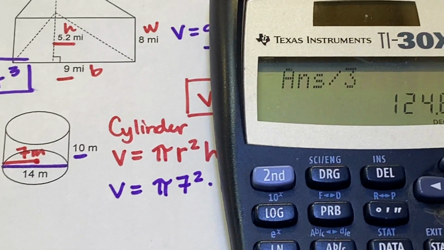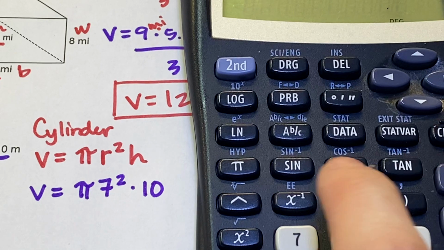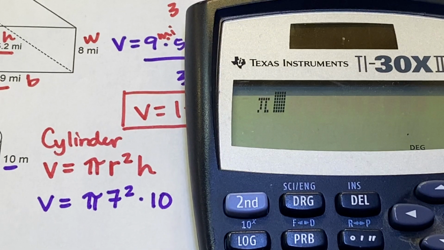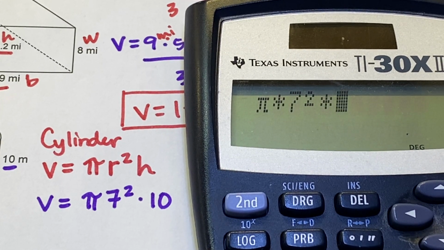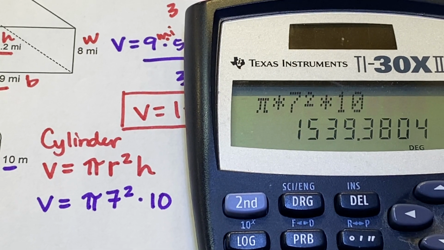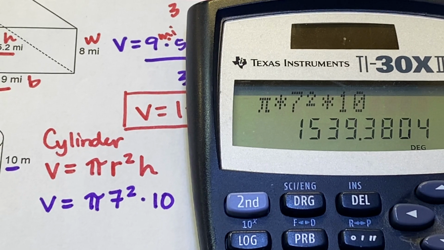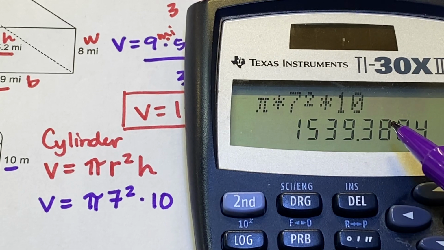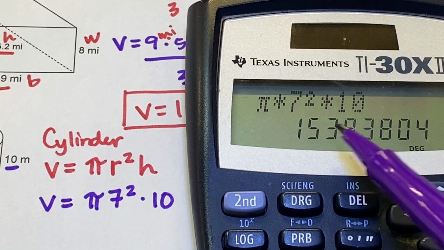Let's pull out our calculators. It's meters. Okay, so I have pi. There's a little pi button right on my calculator. Pi times 7 squared times 10. And yes, we get a big long decimal. That's because pi is a big long ugly decimal. So let's go ahead and round it to 1 decimal place. Look behind it. Is this 8 going to bump the 3 up or keep it a 3? Bump it up. 5 or above bumps it up. So we have a volume of